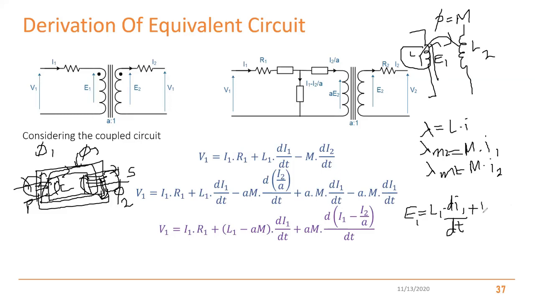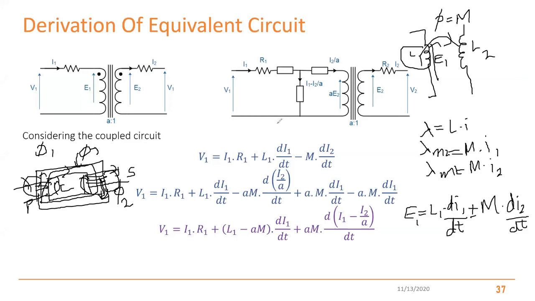Then I have another component, M times dI2/dt. This can be either plus or minus. This mutual coupling can happen so that